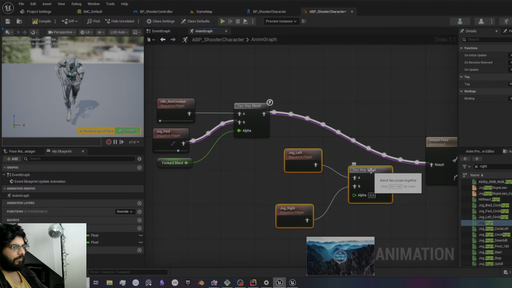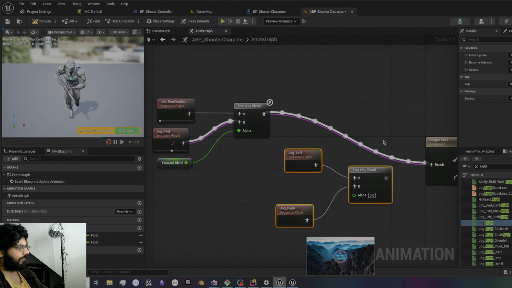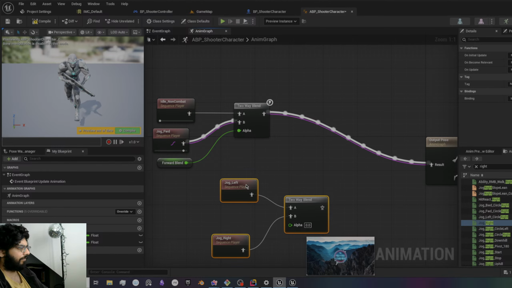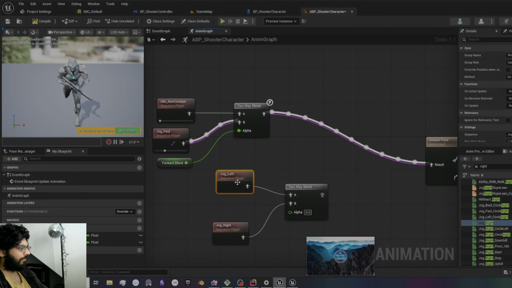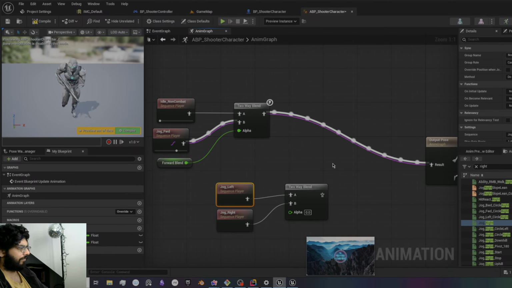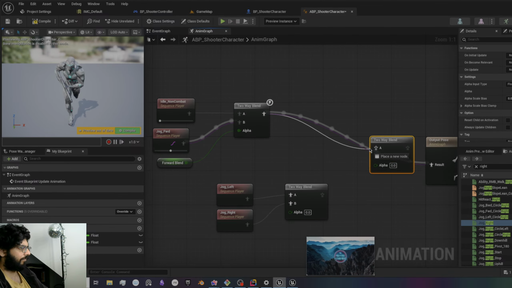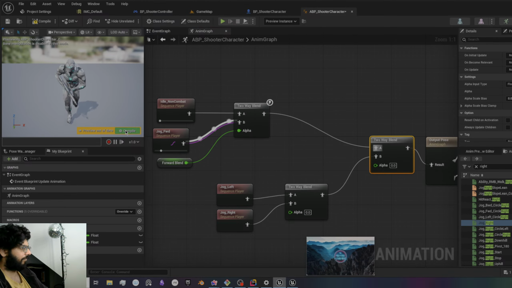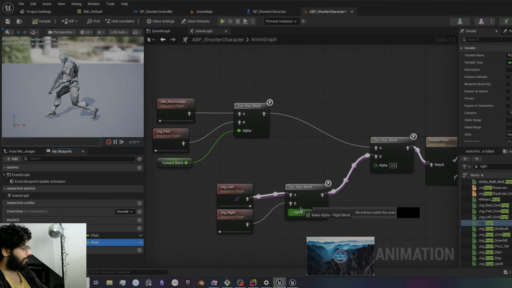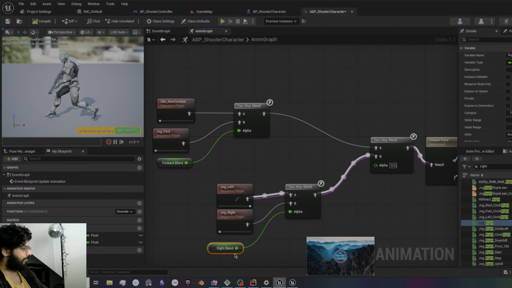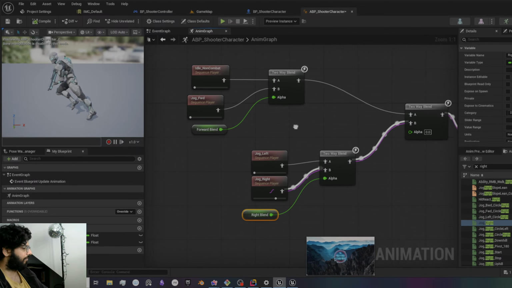So if we compile that, it's a little bit scatterbrained, but hopefully you get the idea. If we go over to the anim preview editor and we move forward, you can see that we start jogging. We accept that. And if we move left, you can see that we start moving left. And crucially, if we do both, move left and start jogging, we should see a blend of both. Here we've got that forward being blended. If I need to have a little bit less of the left, 50% of the left, you can see I'm kind of moving. It's a weird looking animation. It's not blending it particularly well, but you can see that it's playing both the jog left and the jog